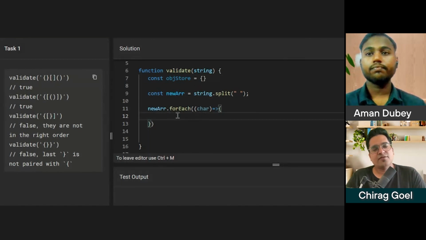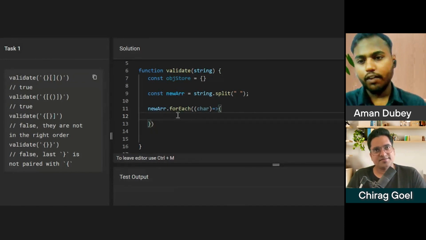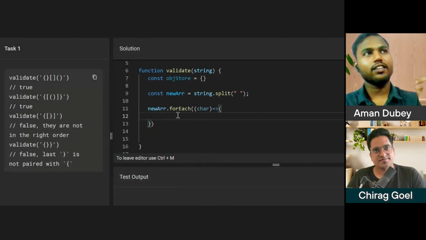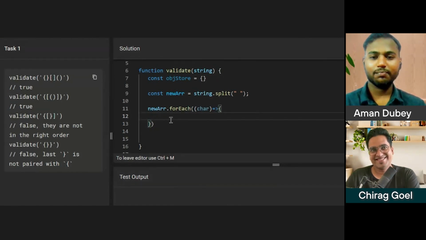What's the intent of storing it? When you store it, what's the benefit that you are going to get from this? I'm actually not able to think of the other option. If I have to start with the curly braces, I can give you a hint. No worries, can you give some hint?